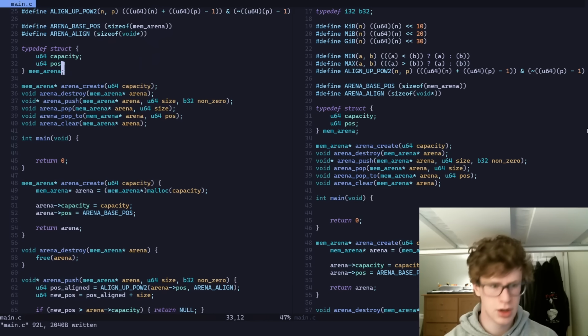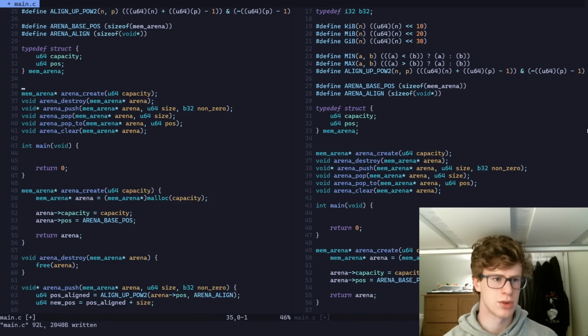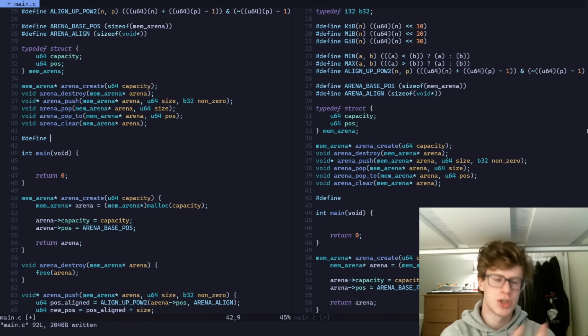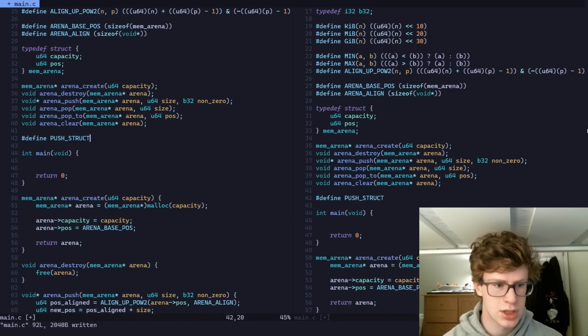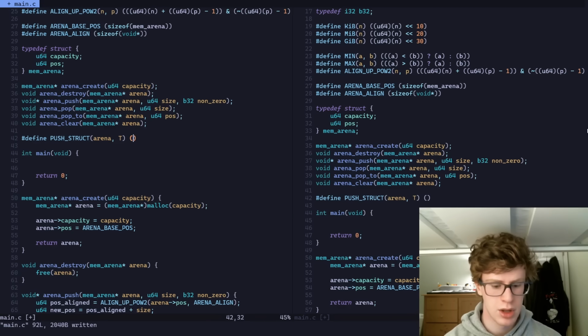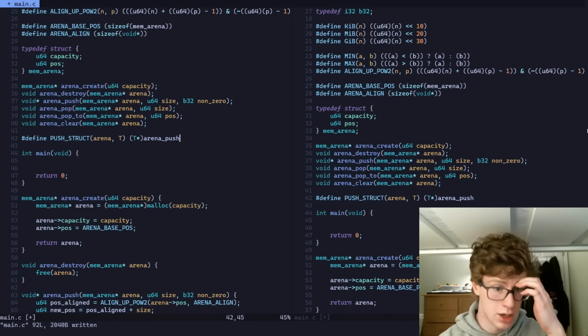So yeah, we got that interface done. And then one thing that I do like to do, and you can put this wherever, actually, I'm going to put this below here, is to create some helpful macros that'll let you push to the arena given some type. So I'm going to define push struct here, and that'll just take arena and type, and then will automatically cast arena push, and then I'm gonna call